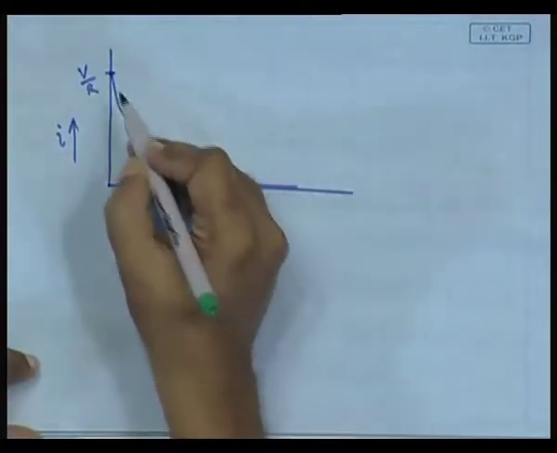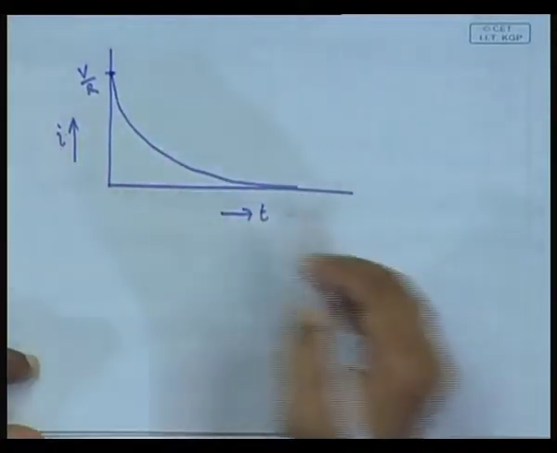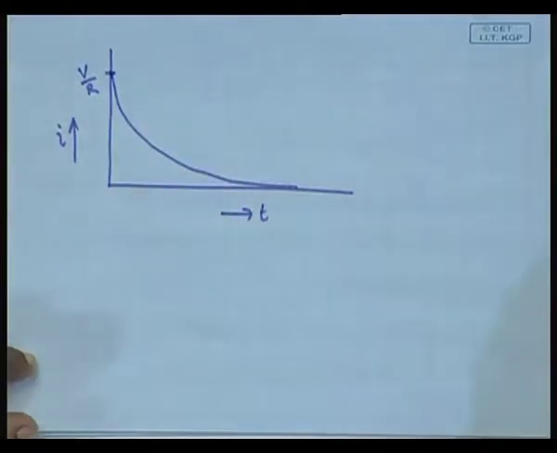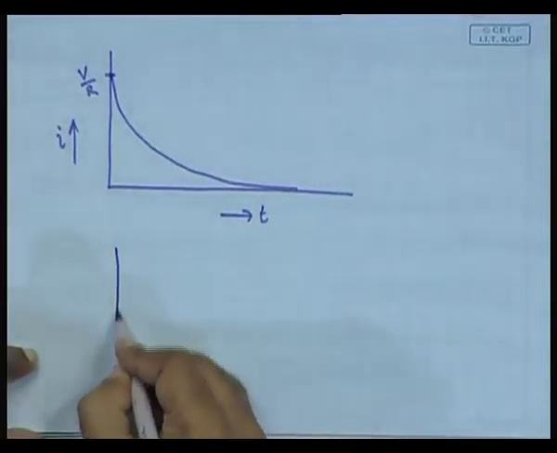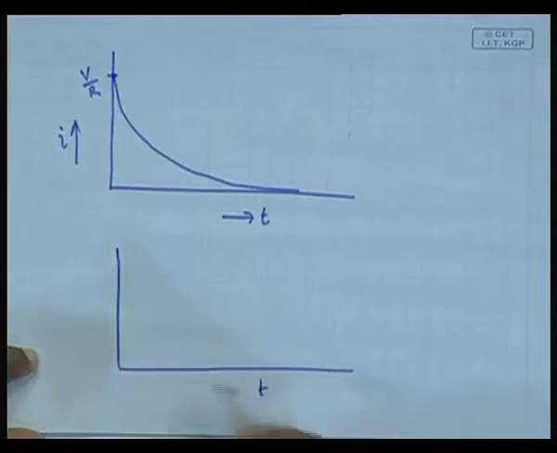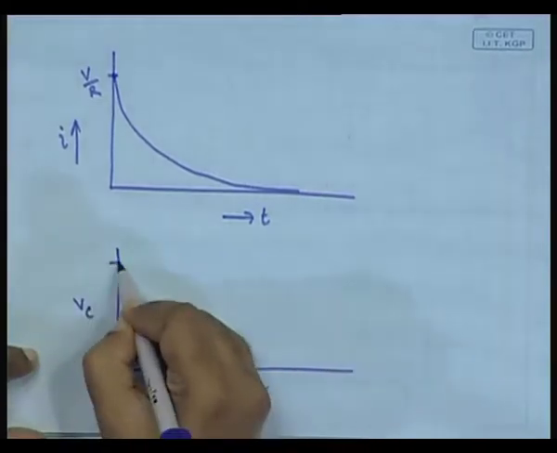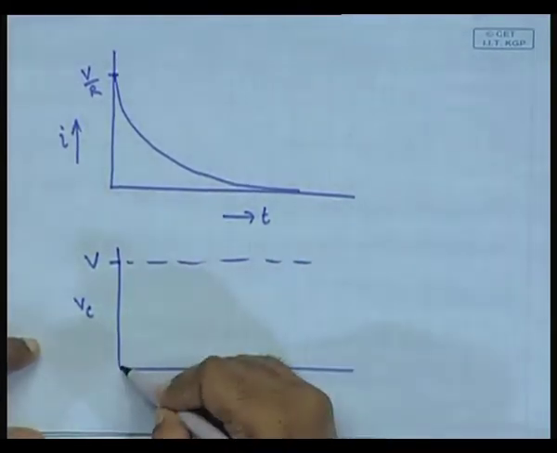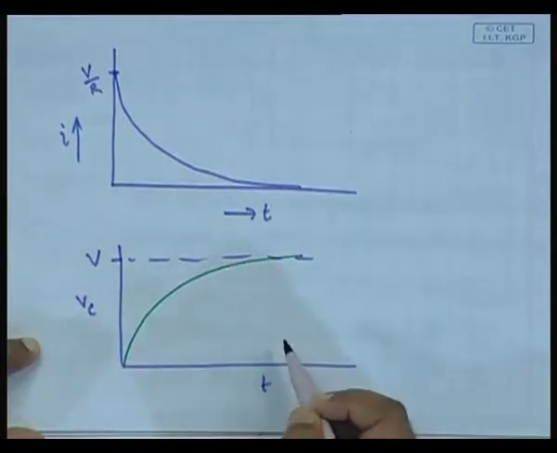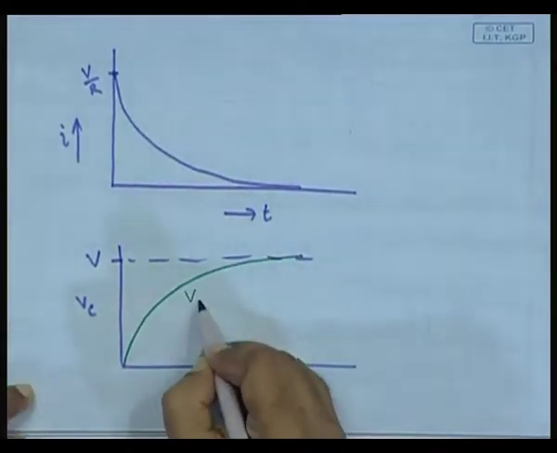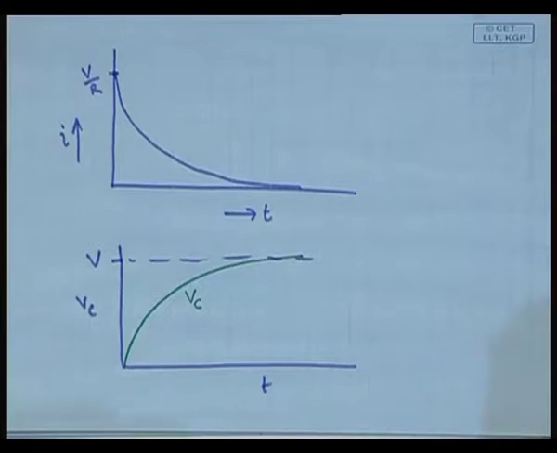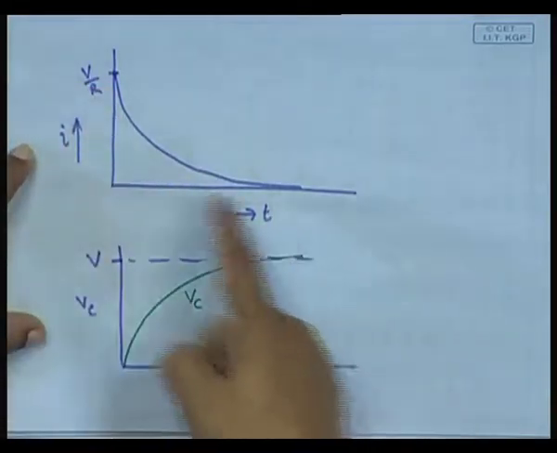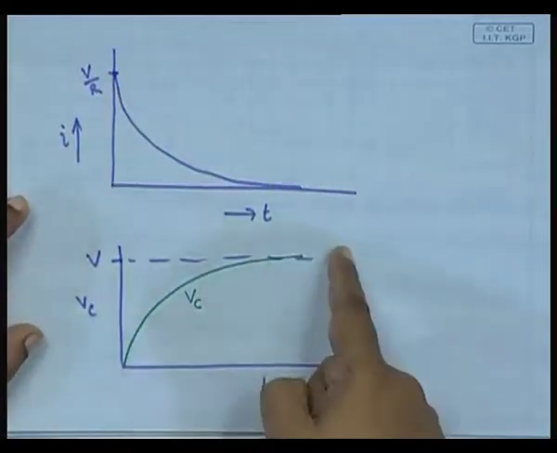So, this is the current axis. We cannot draw it exactly on this, it will be in a different graph. This is t, this is V C, here is V. Fine, this is V C. The current graph is like this, V R graph is similar, V C graph is like this, and in all